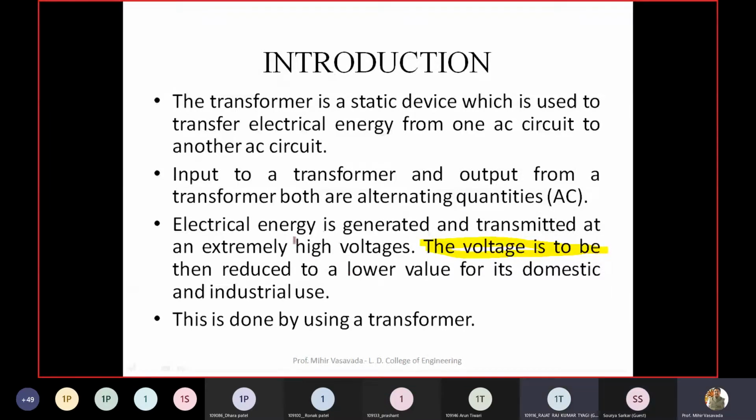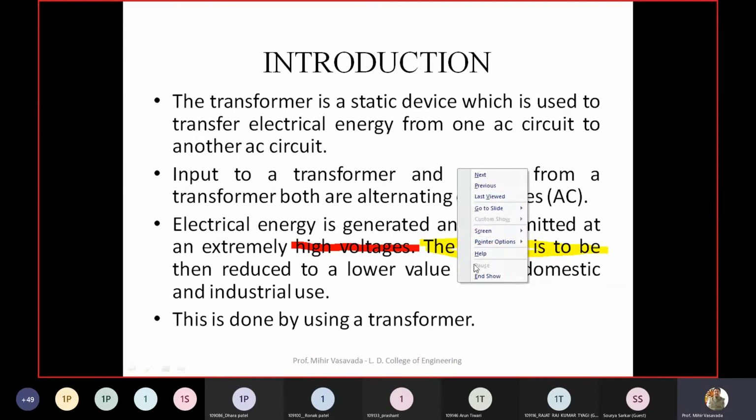Minimum current goes, sir. Right. The main advantage is to reduce the amount of current to be transmitted over the transmission line or conductors. Because if current is high, then you have to use a larger diameter conductor, which will increase your cost. Right. Because the transmission line is there for kilometers. Clear? So we need to reduce the conductor cost.